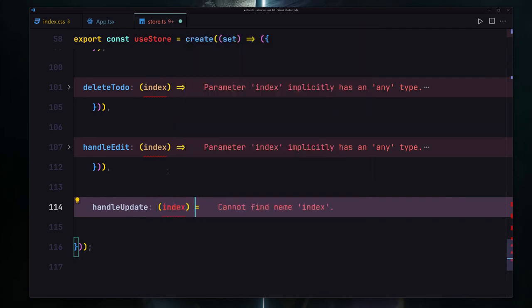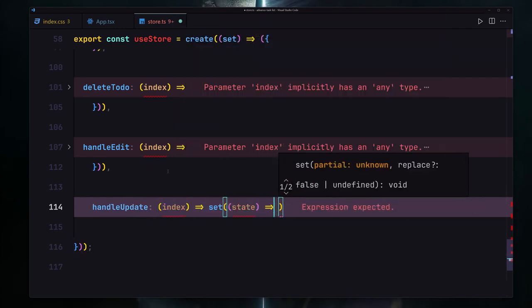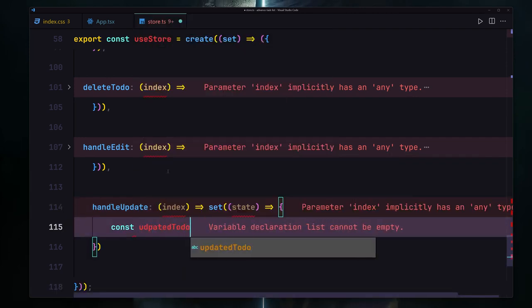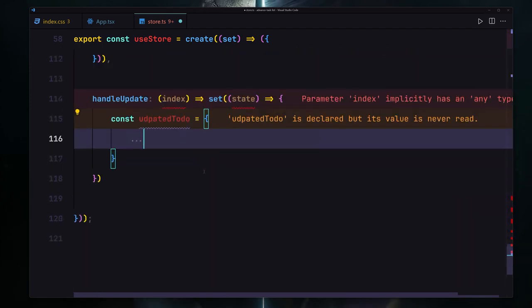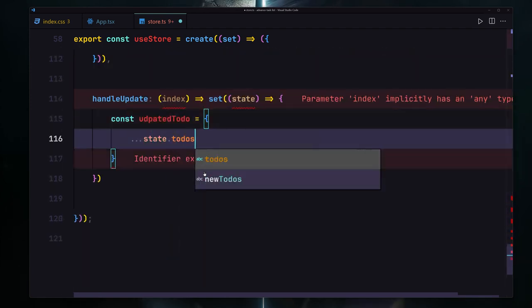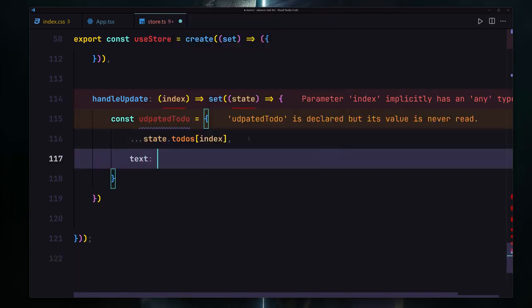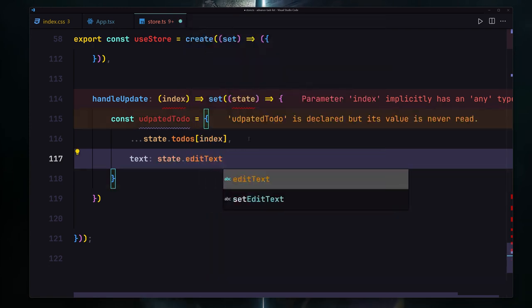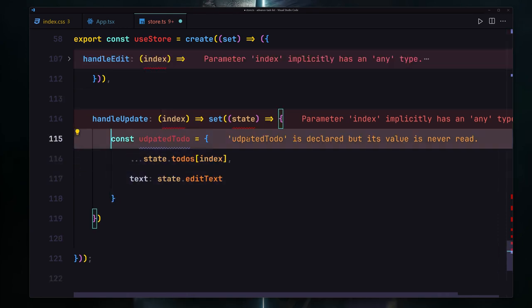I'm going to also collapse there, and now we have to create the handleUpdate. So it's going to take an index, and inside there we have to use the set method once again and provide our state. And for this one we are first of all defining our updatedTodo, and this is how we are going to be doing that. First of all we have to make a clone of our existing state.todos and provide our index inside there, which we are now taking as a parameter. I'm going to also provide a text, and the text will be set to state.editText, and that's going to be done. So now underneath this updatedTodo,